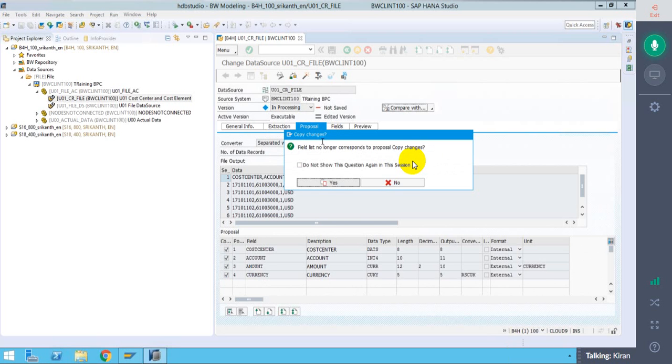Influence. I clicked and change. Will activate it. Fields list no longer corresponds to proposal copy changes. Do not show this question again. Yes. Let's see like this. So I have to give this